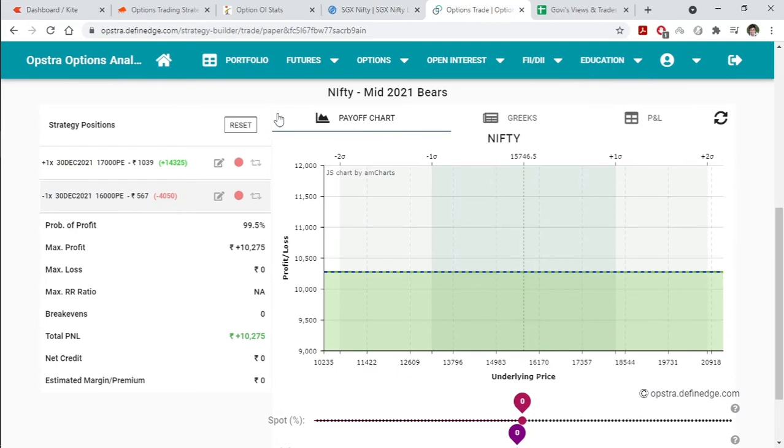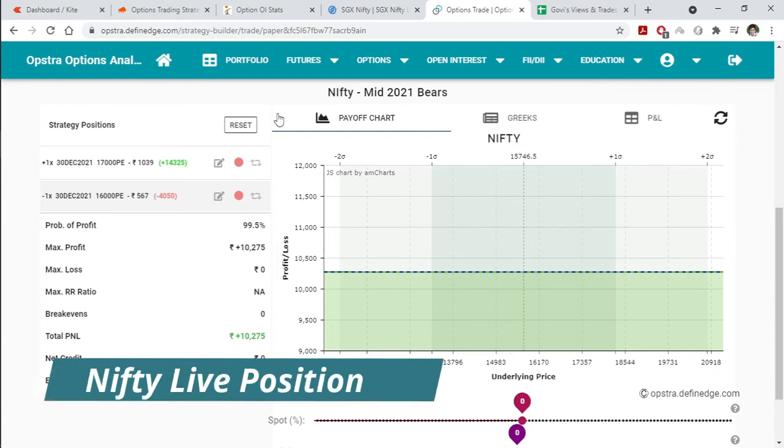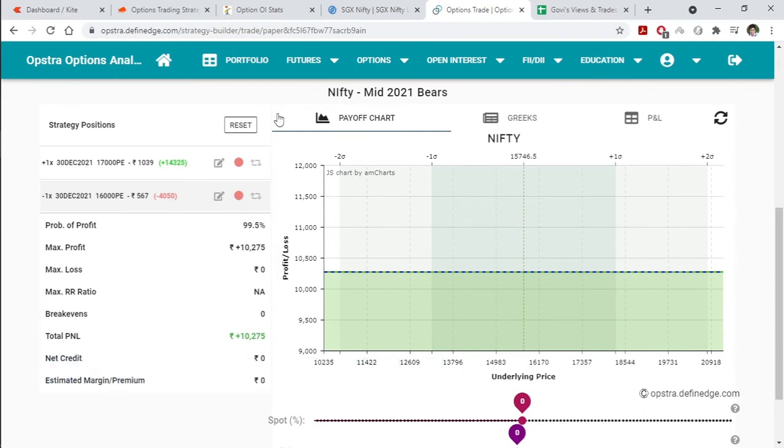So the trade that we have been discussing all this week, and from the past week, I think past Thursday, I believe that's the fourth trading day today. But we closed this trade yesterday at a profit of 10.2k. That's approximately 25% of the max profit that can be achieved. So we are pretty much happy for a 6.5 months long contract where we just achieved this in 3 to 4 trading days.